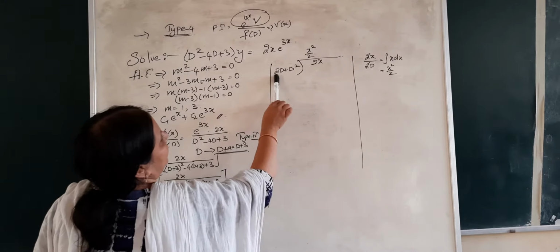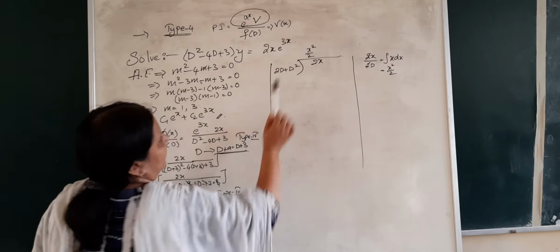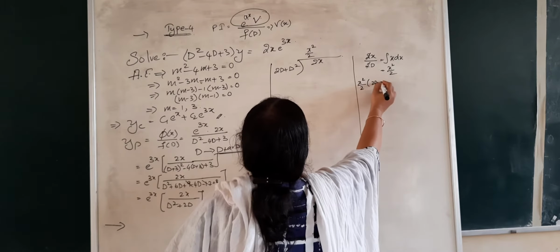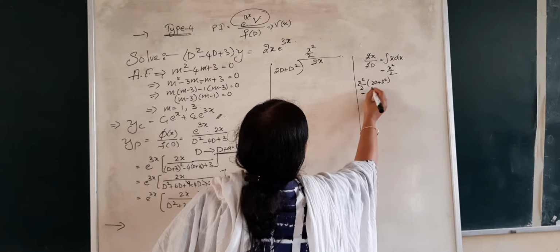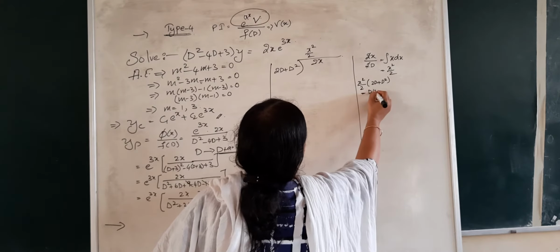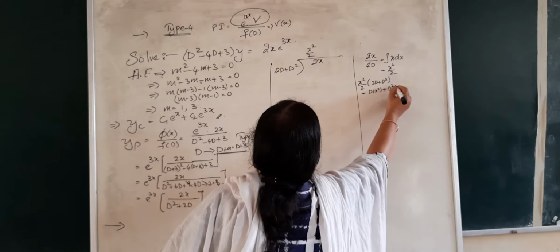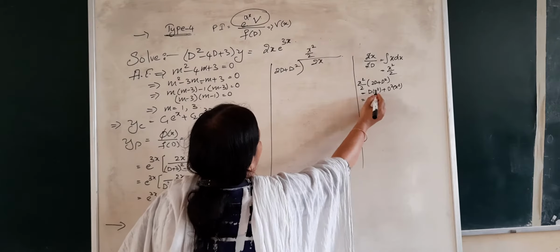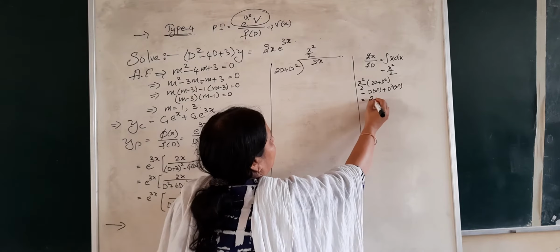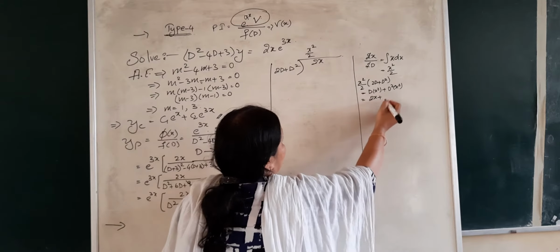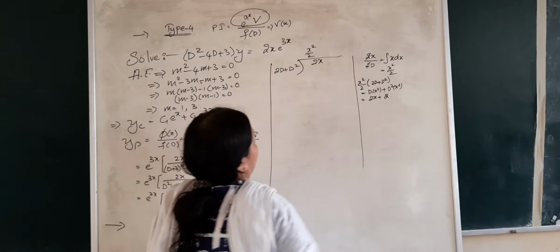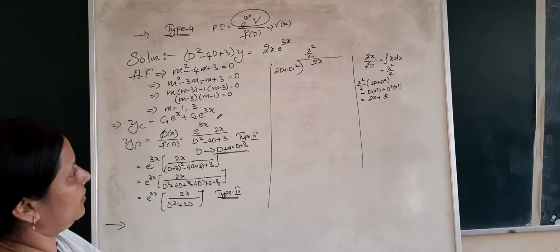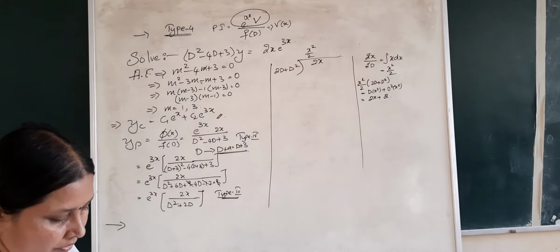Now we have to multiply this entire denominator term with the quotient x square by 2, into 2D plus D square. So what do we get? The 2 gets cut: the derivative of x square plus the second derivative of x square. What is the first derivative of x square? It is 2x. Next, the second derivative of x square is 2. That's what we are going to get.